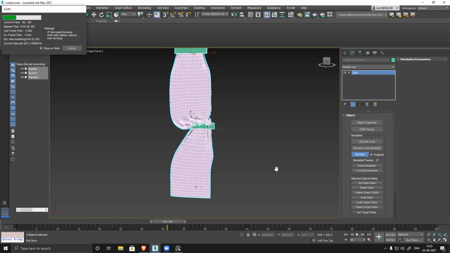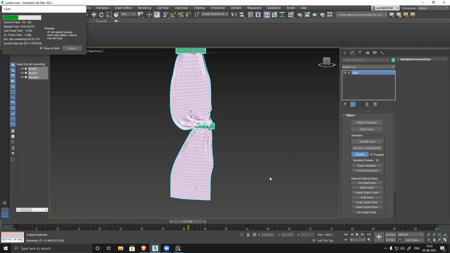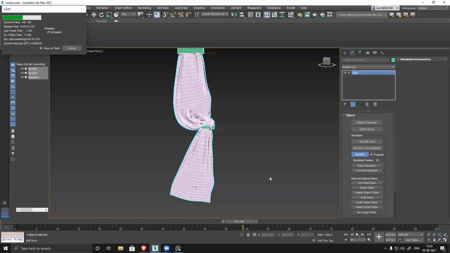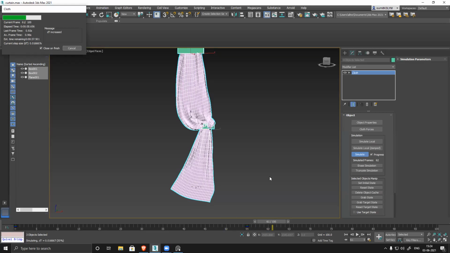I'm not getting clean geometry. Even in the cloth modifier, I used the property satin for the cloth preset, so that it looks more beautiful. But the problem is it's getting distorted everywhere and it's not looking like a curtain. I deleted it so many times, around 6 to 7 times, and I erased the simulation too. Again I did it, but the same thing is happening again and again.